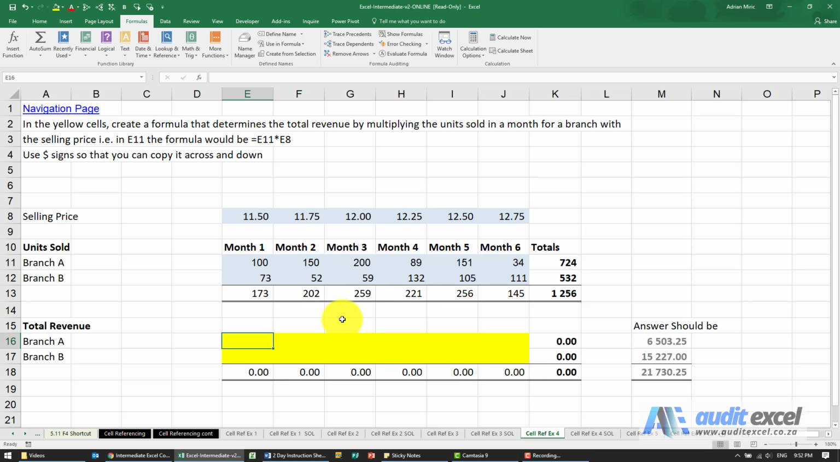The solution to this example. So the first part, we can create a formula and we know it's equal to the units sold multiplied by the selling price. So that gives us a number, and in this case we can actually copy it all the way across. The problem will be is when I copy it down like that, if we look at what it's doing,